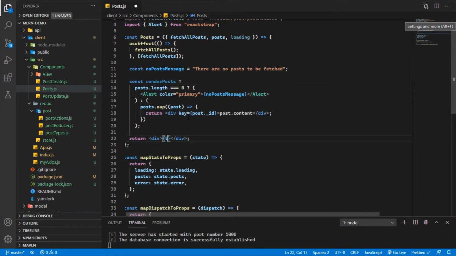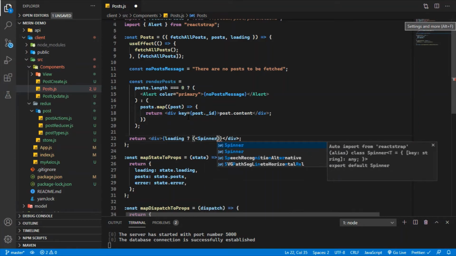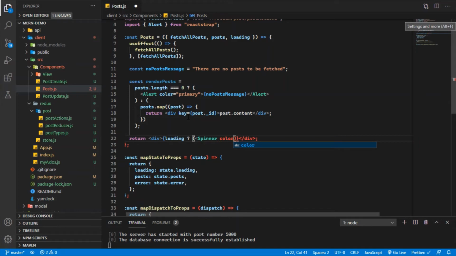Then I'm going to check if it is loading, then I'm going to display a spinner. This spinner component will also come from Reactstrap. So color is primary. This is just the color of the spinner, guys, and this is nothing special or complicated.